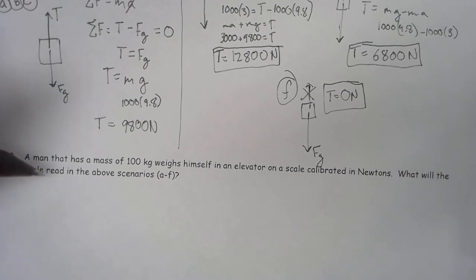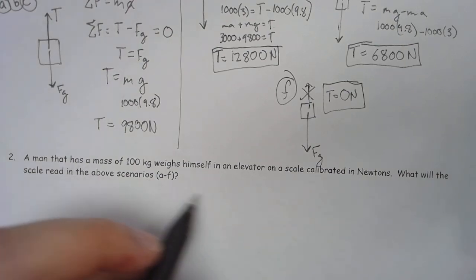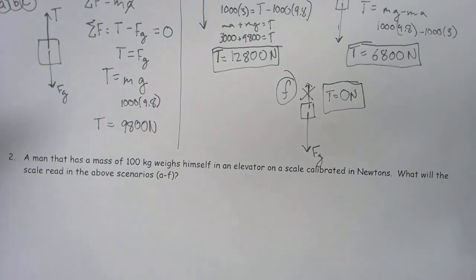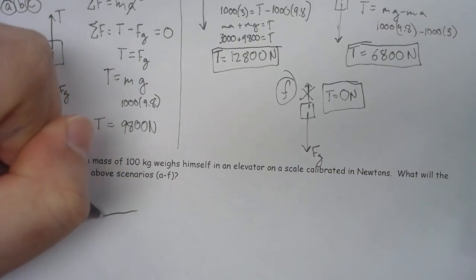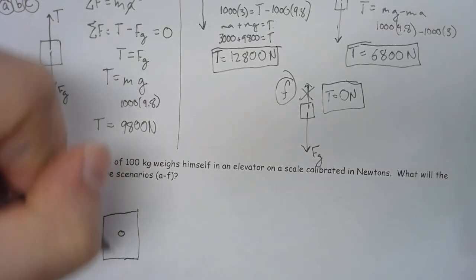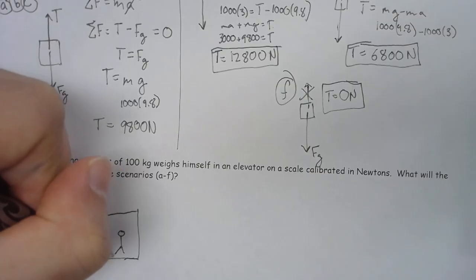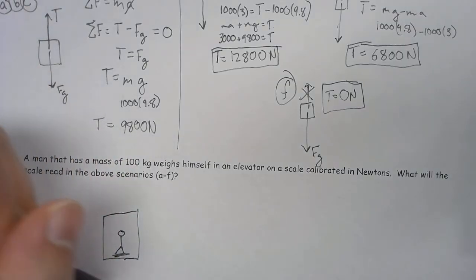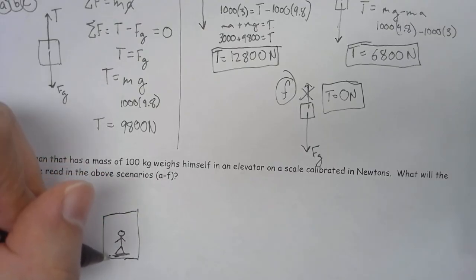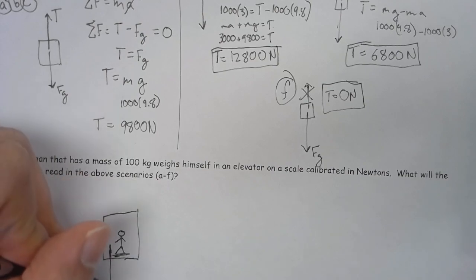2, a man that has a mass of 100 kilograms weighs himself in an elevator on a scale calibrated in newtons. What will the scale read in the above scenarios? So the scenarios are very similar, except instead we have a man standing on a scale in an elevator. So what are we really weighing? Instead of tension, his gravity pushes him down,